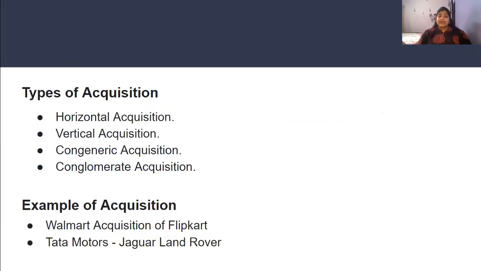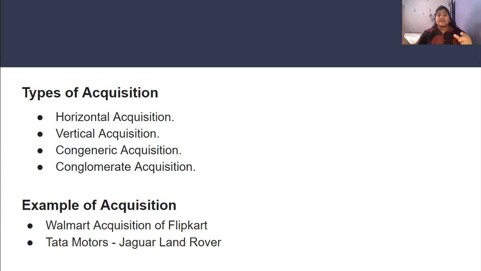In types of acquisition, again we have horizontal acquisition, vertical acquisition, concentric acquisition, and conglomerate acquisition. It's similar to merging. Same way, horizontal acquisition is acquiring a company which is of the same product line. If I'm company A and I'm dealing with FMCG, I acquire another company which is also dealing FMCG products. In vertical acquisition, what happens? I am a company which owns FMCG products, whereas another company is there. They deal again with FMCG, but both the supply chain managers were different. So that becomes vertical acquisition.